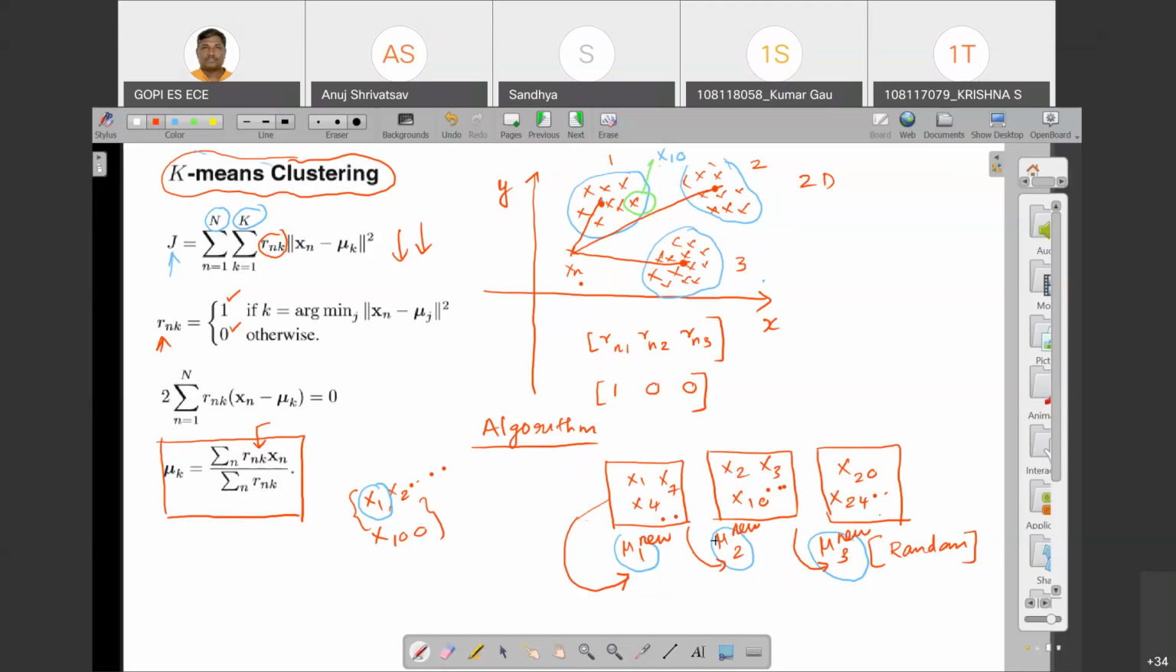And once again, you have to take that average, you get a mean, and then you have to cluster them. You keep on doing that. After some time, it gets converged. In other words, your J value is actually getting minimized. There is no big difference in the successive iterations. That stage,